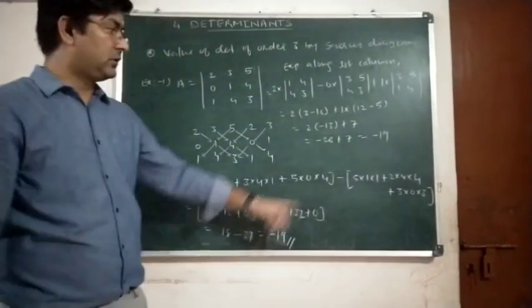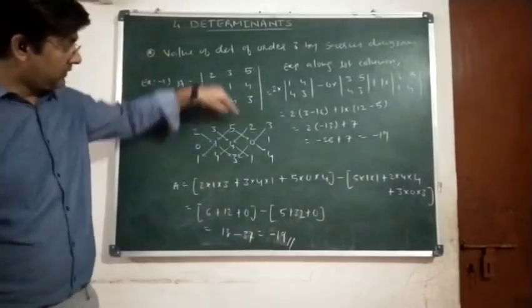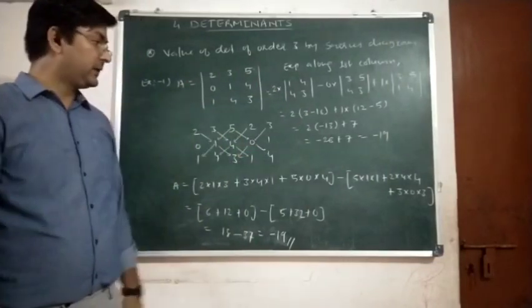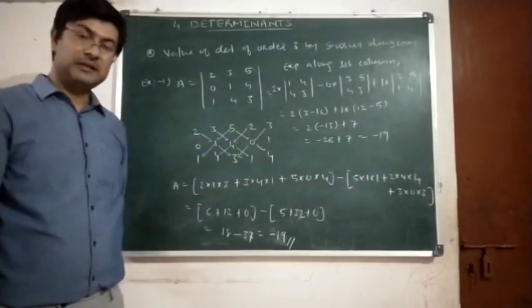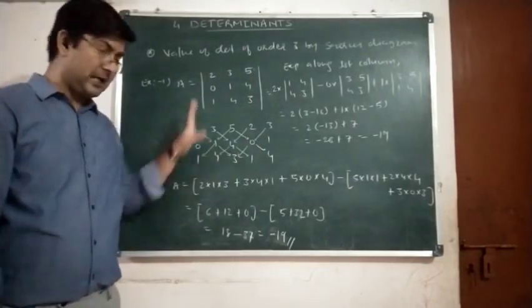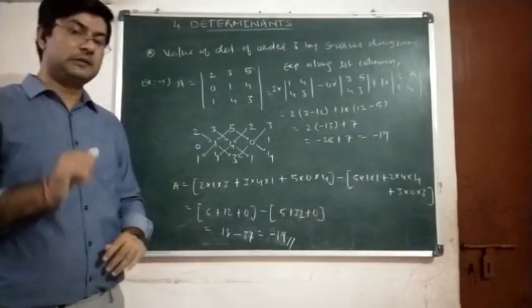Clear? So it is good to verify; we found a mistake done over here. It was 4 4, by mistake I wrote here 1. Clear? So both the answers are matching. It means you can even use this Sarrus diagram in order to find the value of a determinant of order 3. Clear?